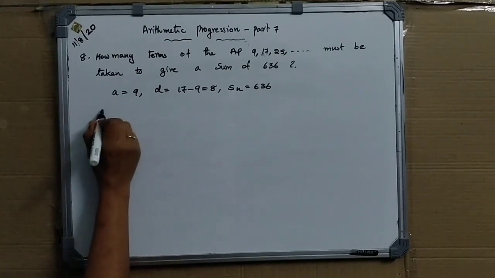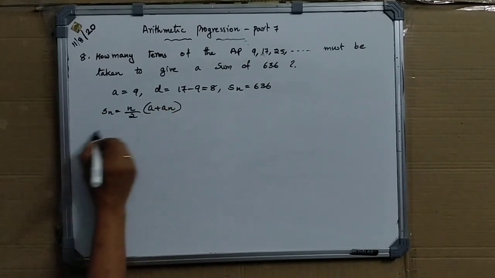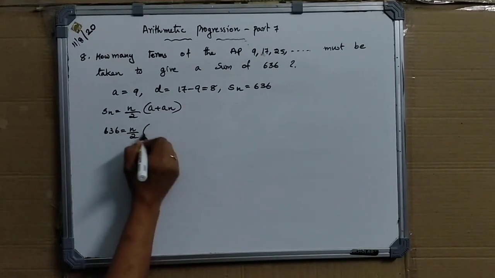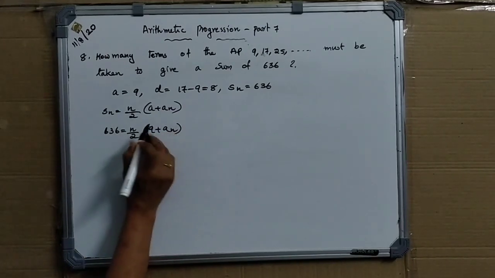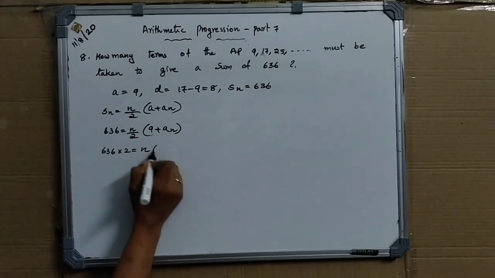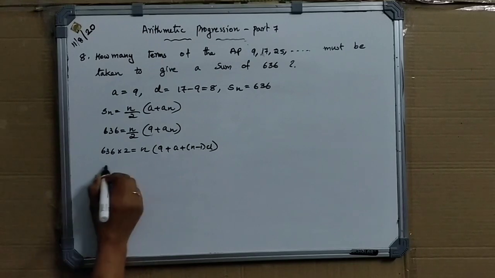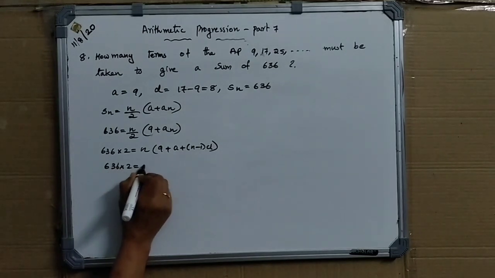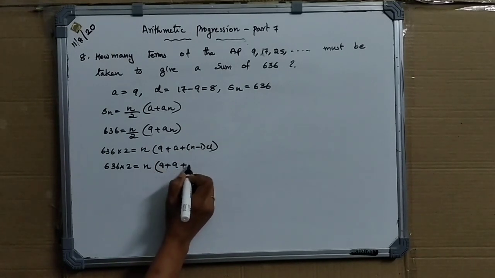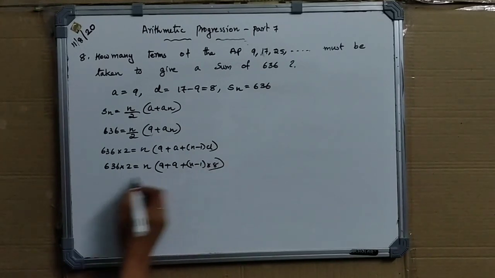So we start with the formula for Sn. Sn equals n by 2 into (a plus an). So Sn, 636, equals n by 2 into (9 plus an). So 636 into 2 equals n into (9 plus an), where an is a plus (n minus 1) into d. So 636 into 2 equals n into (9 plus 9 plus (n minus 1) into 8). So here